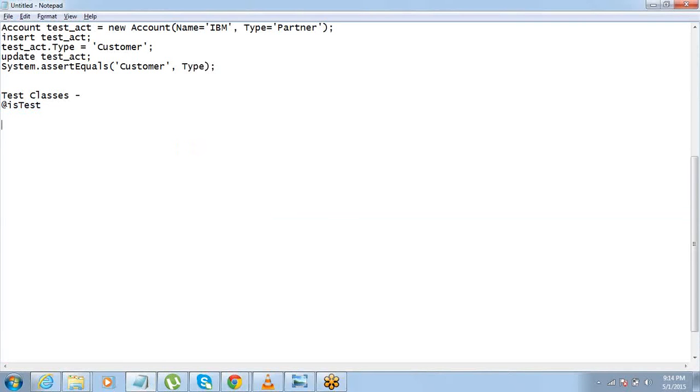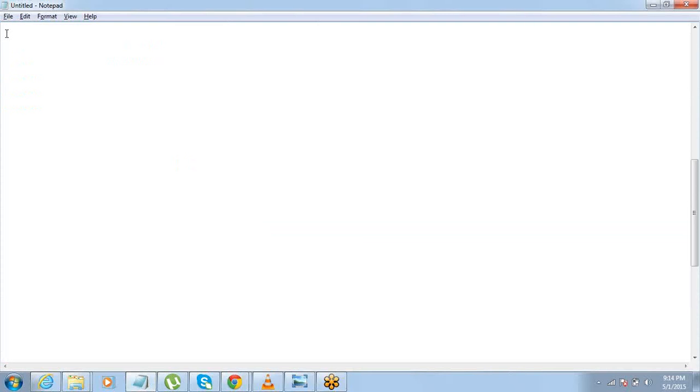Now, that's about testing. This is what is required before you can deploy any code to production, before you actually start moving any code to the production. So far we have been working with developer edition, so it's absolutely fine. But once you're working in an organization, you will be more working on the sandbox, right? That is what we have discussed earlier. If you're working on the sandbox and you try to move things to production, you will have a problem if your code does not have 75% code coverage. It will not deploy it to the production. So you need to have 75% code coverage overall to deploy it to the production. So that's it. All right.